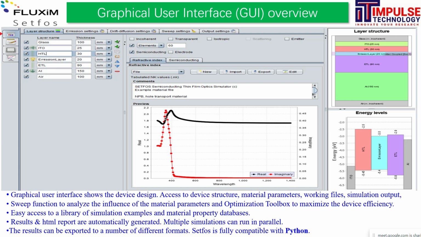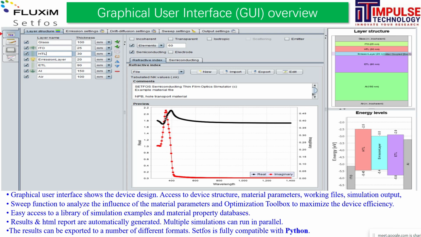Now let me discuss SATFOS and its user interface. Basically, whenever you use any software, either CentOS, Silvaco or Crosslight, that is also very complicated. You need to write the script, you need to understand that script. That is typically hard for beginners even to learn the script.